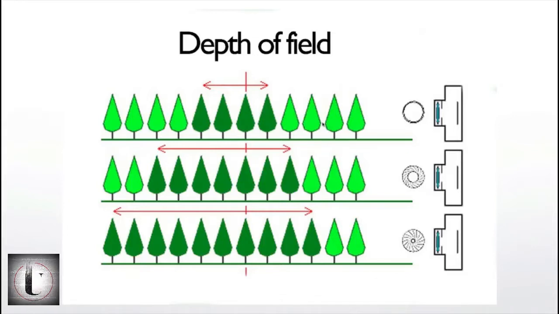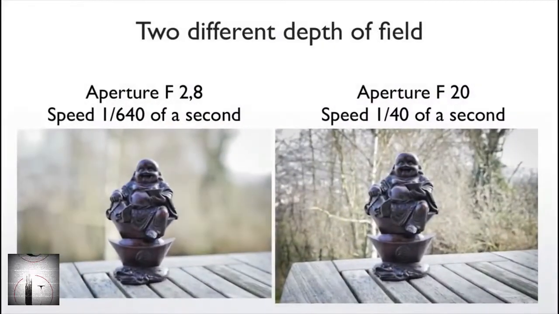So now, what does it mean to have a big depth of field or a small depth of field? What does it look like? Well, let's check it out. That's what it looks like. Here we have a big aperture, 2.8. The aperture is very large, the hole is big, and you can see that the statue is sharp and the background is completely blurry. So it's basically an artistic decision. I want to get something sharp and the rest blurry, so I'm going to go for a big aperture, 2.8